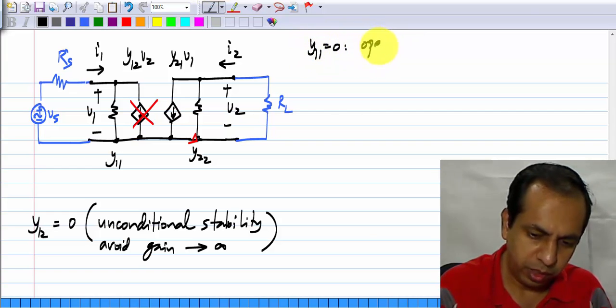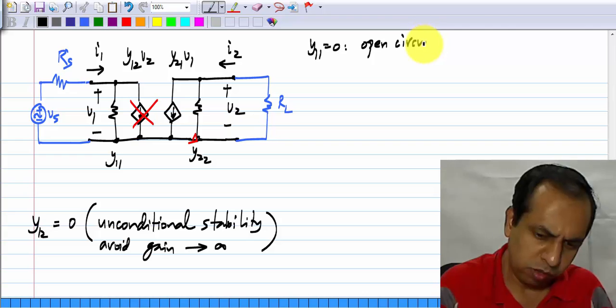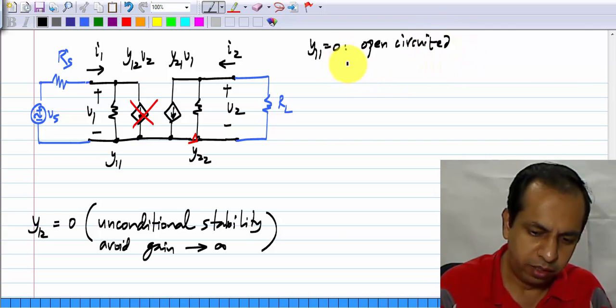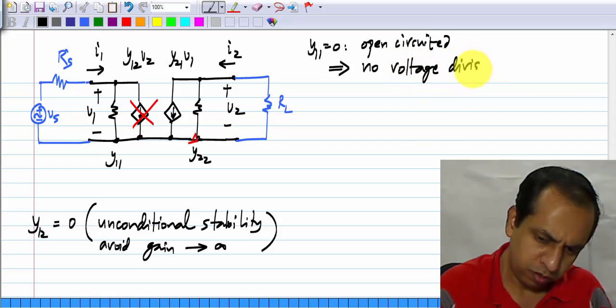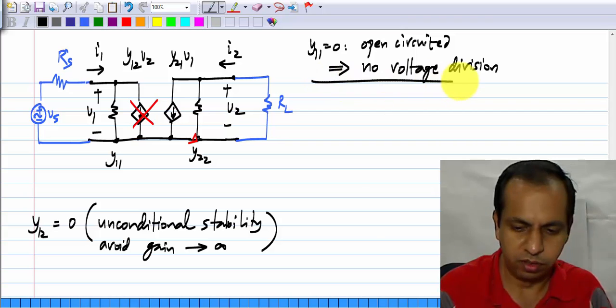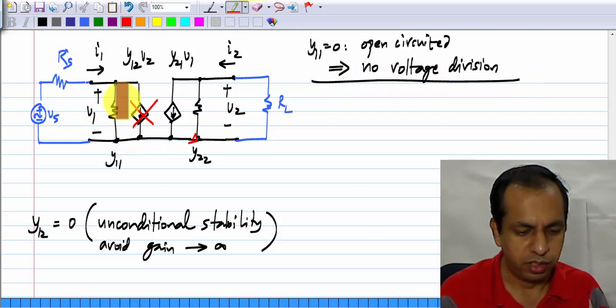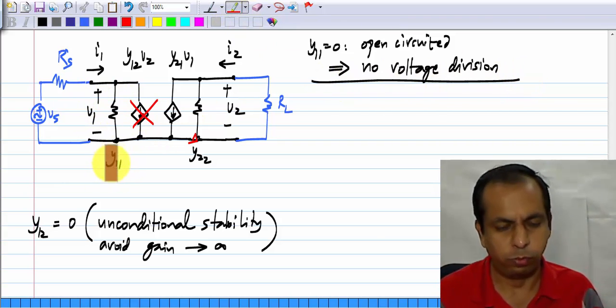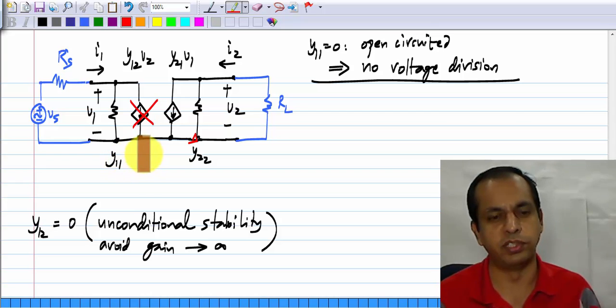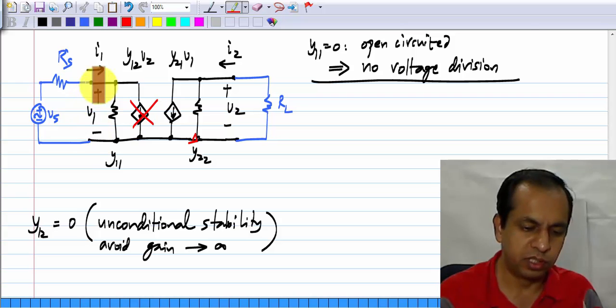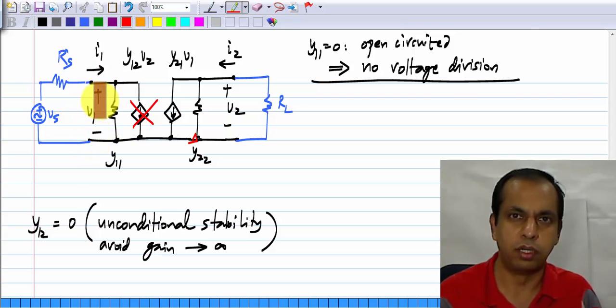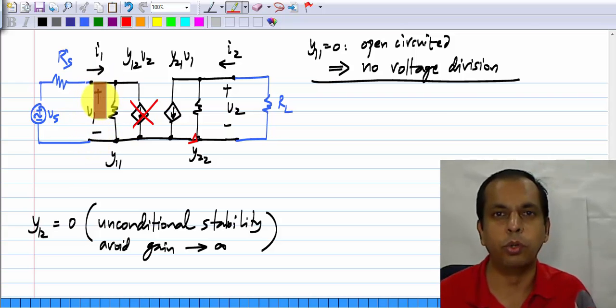It means the input is open circuited, and this means no voltage division. Y11 by the way is conductance, so if it is 0, this resistance is infinite. So, all of this Vs appears across port 1,